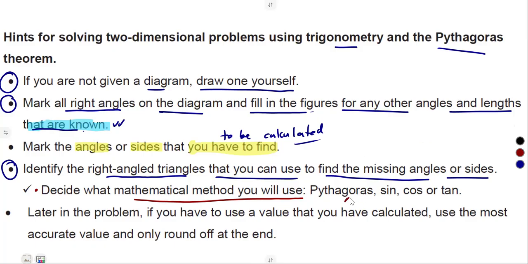Is it the Pythagoras theorem, or is it the application of the trigonometrical ratios, the use of the sine of theta, the cos of theta, the tan? Are you going to use any one of those two? Then later in the problem, if you have to use a value